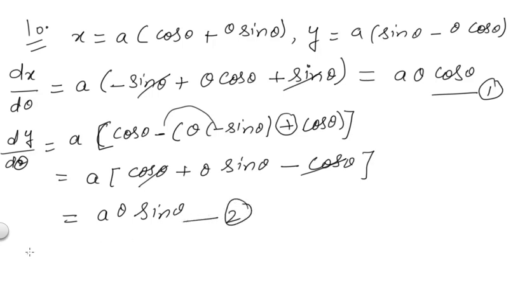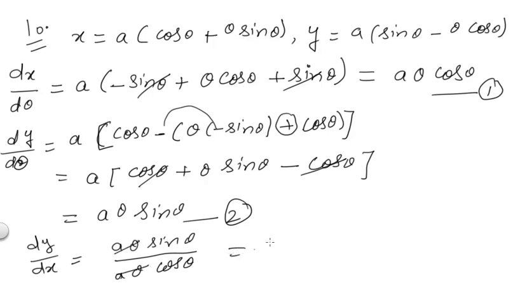Now we have to find dy by dx. That will be calculated by dividing dy by d theta, which is a theta sin theta, with dx by d theta, which is a theta cos theta. Dividing it, we get the answer for dy by dx as tan theta. Clear? Now we will move to our next concept, which is higher order derivative, and you will be learning